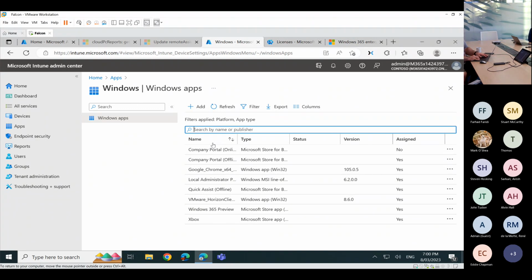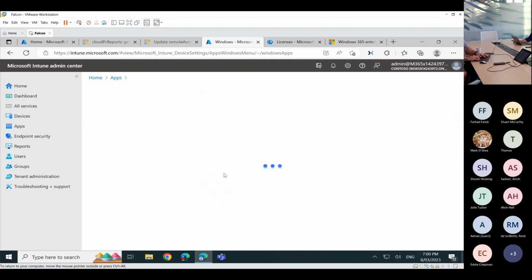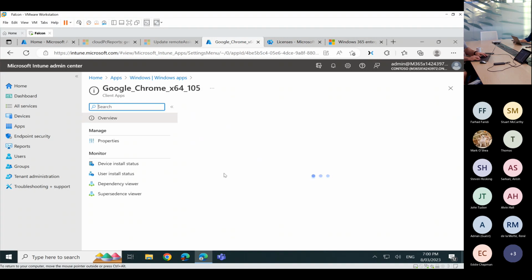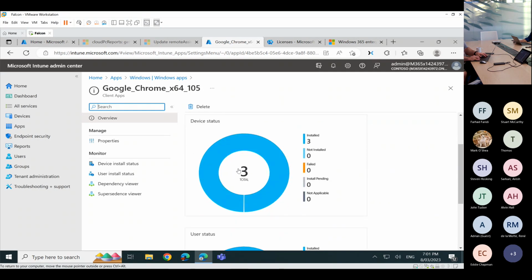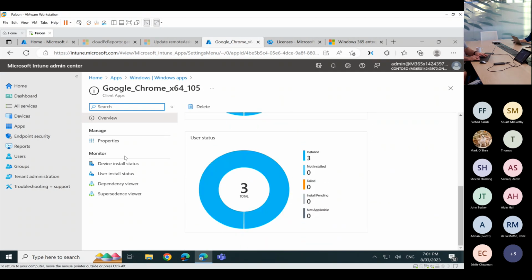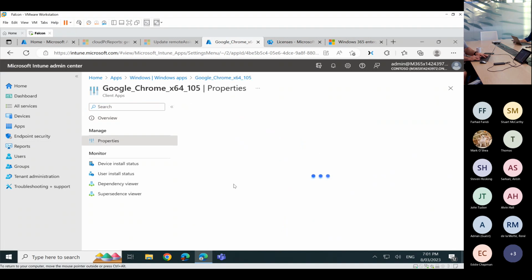of Win32 apps. So this is just a quick demo, clicking on one of the applications. It's an .intunewin package, and I'm deploying this Chrome package to my Windows 365 fleet. You can see it's installed on all 3 devices, and it's essentially assigned to an Azure Active Directory group and not individual assignments.